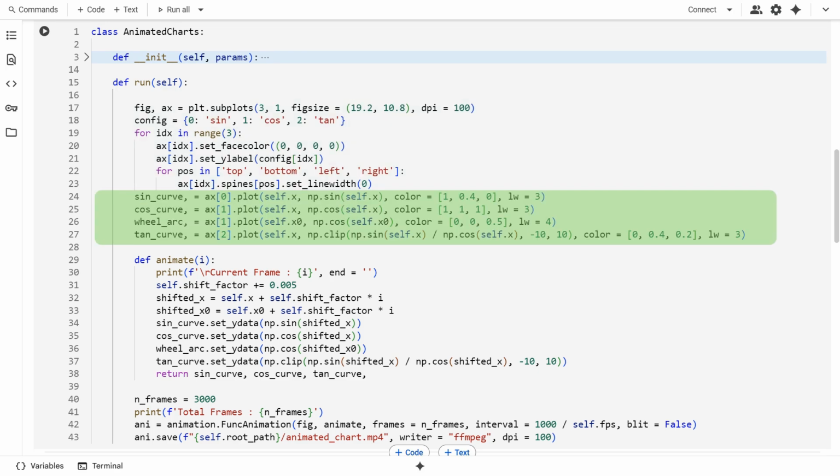To achieve the end product, we would need four curves: an orange sine curve, a white cosine curve, a green tangent curve, and a blue curve identical to the white cosine curve. So, we initialize them accordingly. Since the tan curve can have infinite values at some places, we limit the values to 10 on both positive and negative sides. We achieve this using the clip function of NumPy.